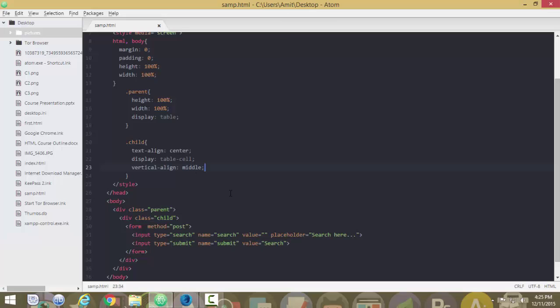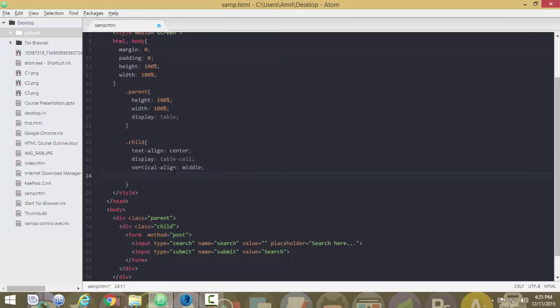Okay, so let's see the results. Hit refresh. Now you can see that this search form is now inside this parent element and it's vertically centered. Okay, and yes, we don't know the exact dimension of our parent element. Okay, so now let's see few different methods to achieve the same result.